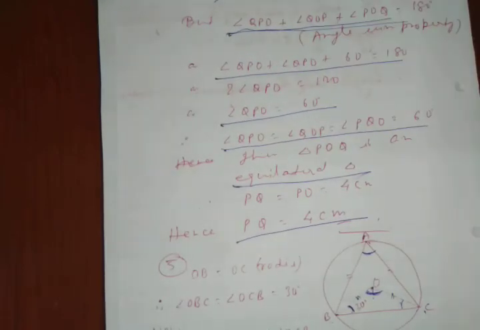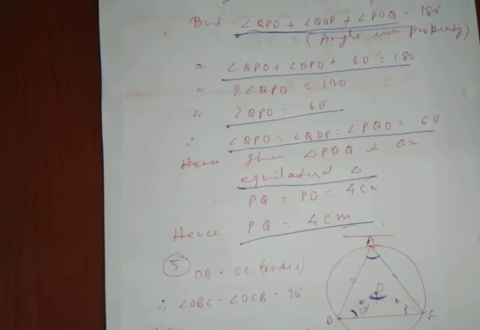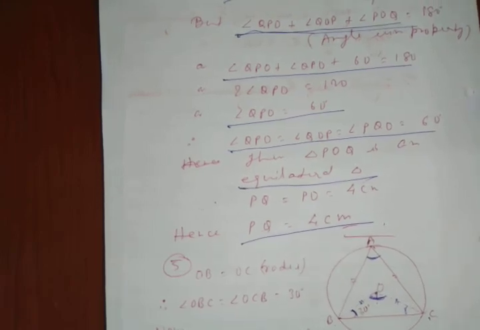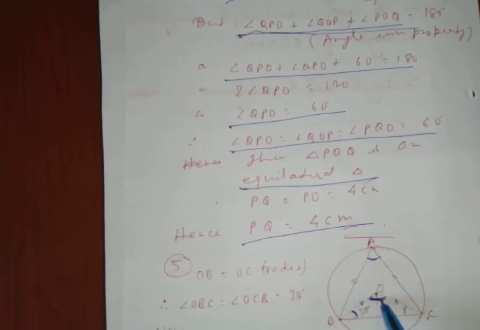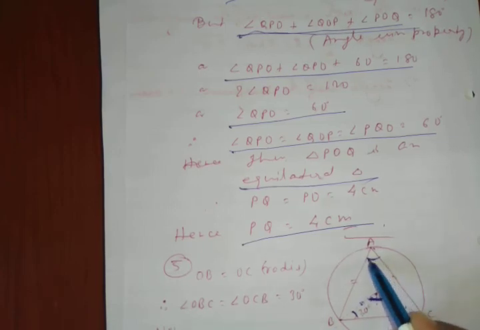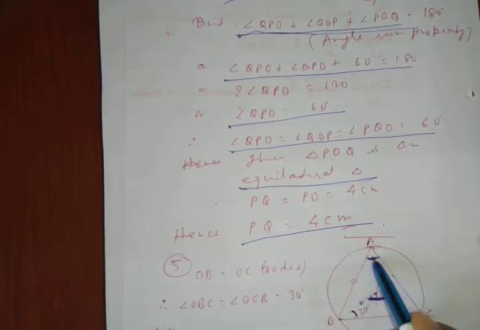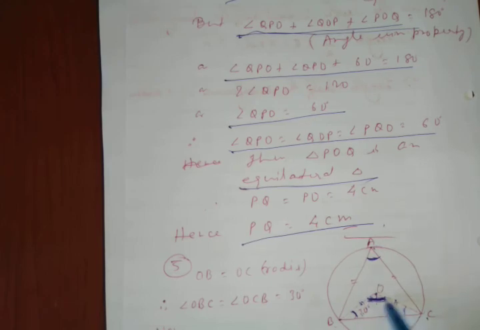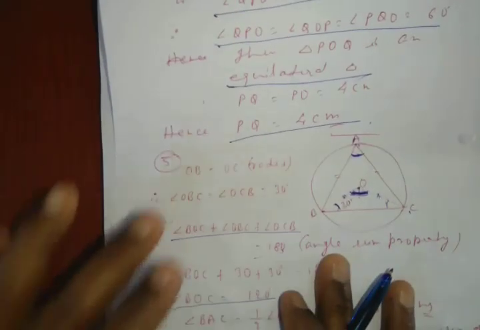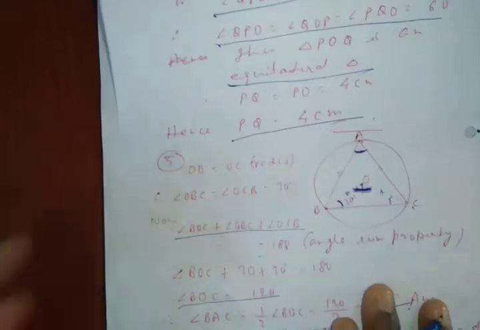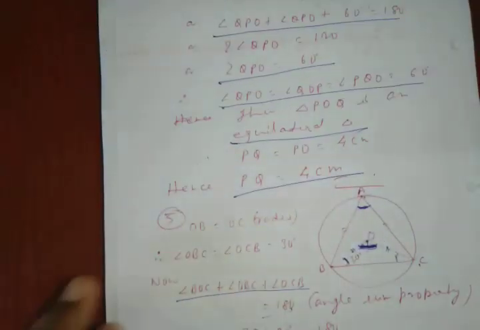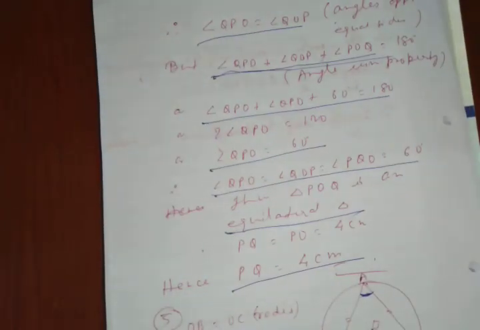Here I have written that by the angle sum property of a triangle, the sum is 180, then after solving you will get angle BOC equal to 120. That is, this angle is 120. And then again the property: this is at the center and this is in the remaining part of the circle, so this will be half of this angle. So it is 120, then this will be equal to 60 degrees. Here I have written, this is the answer. Okay, so this is the solution of this worksheet, and I hope you understood the solution.